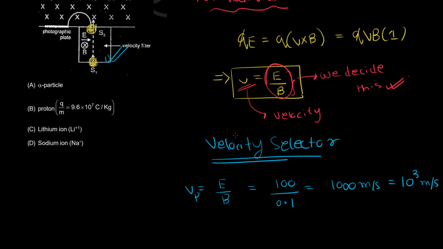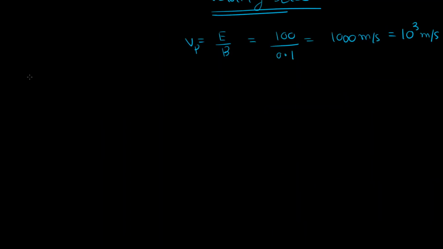Now let me scroll down again. In the second part, we see that the electric field is now absent. So the particle of Vp just went in, and what is there? Just magnetic fields are there. It is told that the particle traces out a semicircle which has a diameter of